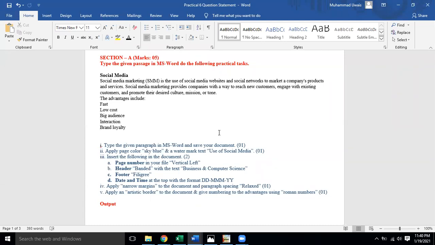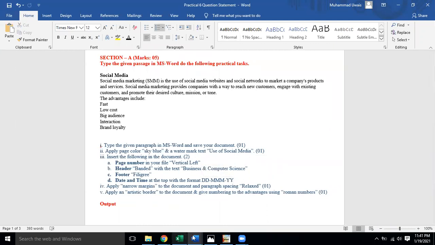If I'm writing with the complete spelling, for example, 19 dash January, full spelling January dash 2021, it is another format where I am writing 2021 in 4 characters. But over here, the year will be in 2 characters. The month will be in 3 characters, like JAN for January, DEC for December. For DD, of course, DD means the day. Day will be, of course, in 2 numbers. Fine. If it is 0 and 1, then 01 means the first date. 12 means the 12th of the month.